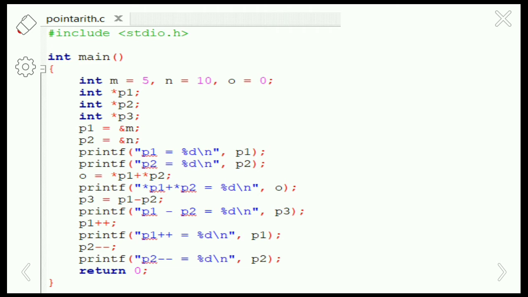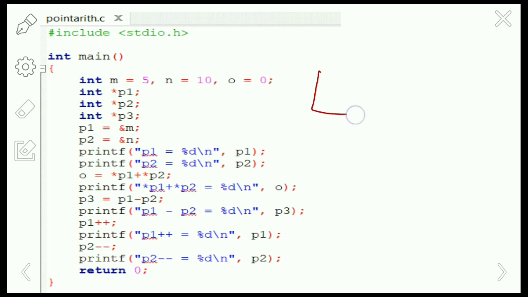So how can we handle the pointers here for performing the arithmetic operations? Here I am taking m equals to 5, n equals to 10, and o equals to 0. So here m is 5 and n value is 10.